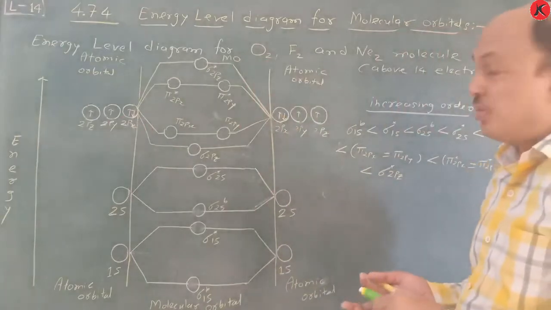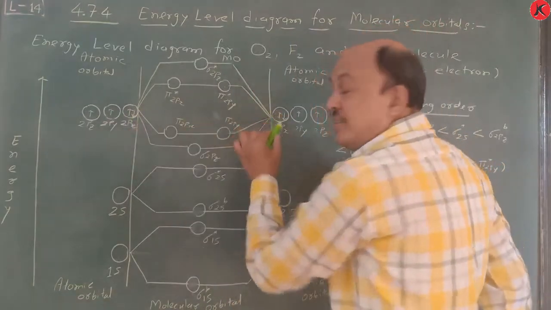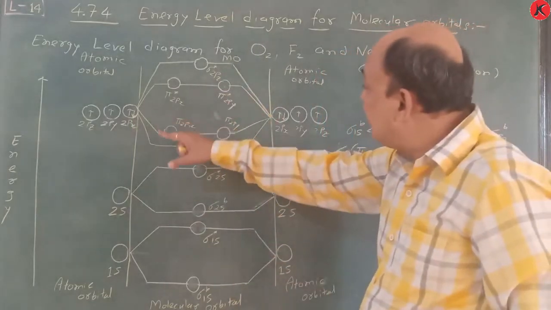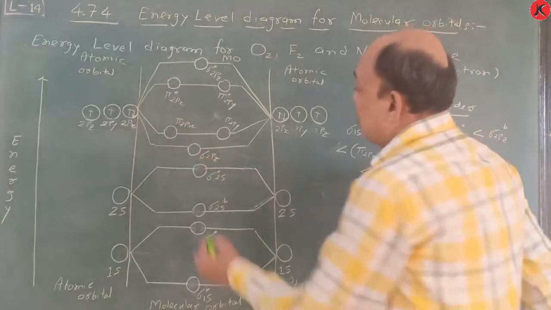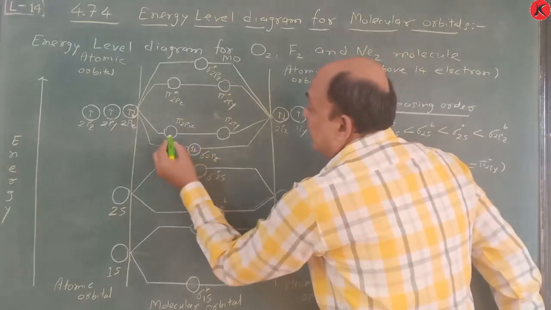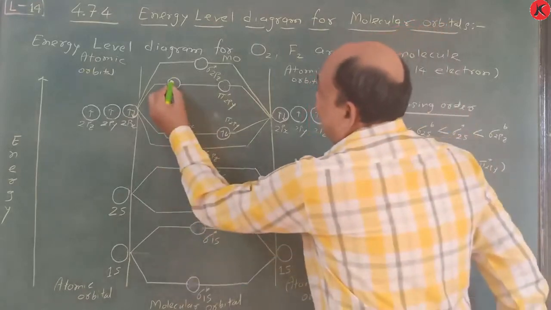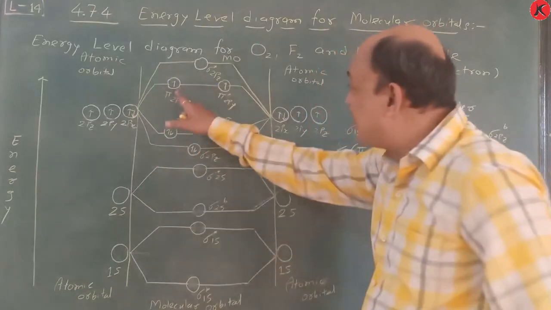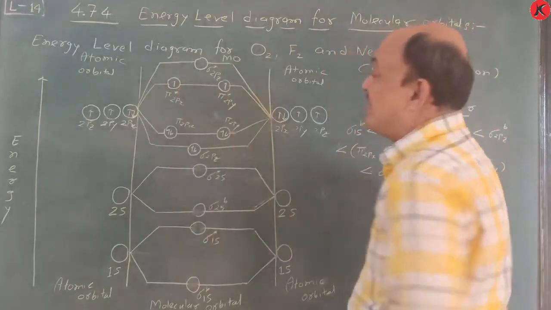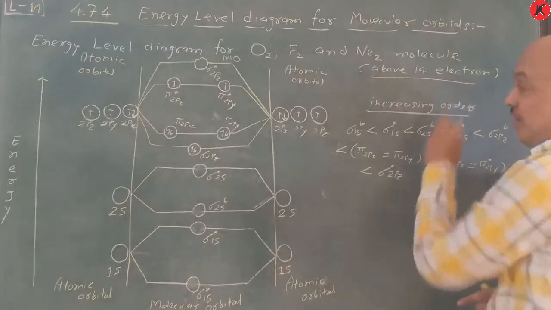But suppose I give electrons here, according to Hund's rule. So here, just you see, how many electrons are there? 8 electrons, and that's why this energy is lower. Due to that, this pi 2px and pi 2py energy is lower than that of sigma 2pz. So here you have to remember only this one. You have to set 8 electrons. So here 1, 2, 3, 4, 5, 6, now 7 and here 8. Don't put electrons here. Also don't put electrons here. So this is the electronic configuration, and this stability is correct according to above 14 electrons. Okay.